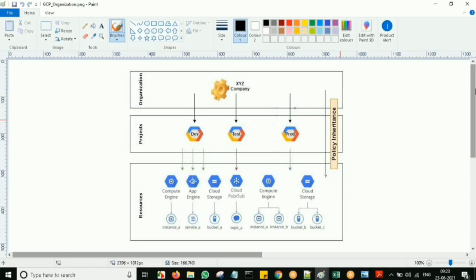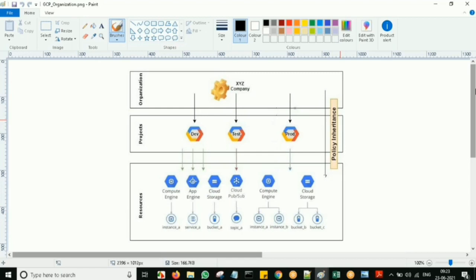Very good. So, the general architecture of an organization. Actually, under the organization you can directly create the projects also. Under the project only you can keep the resource. This is the main hierarchy: organization, projects, resources. Organization is nothing but officially registering your company with an official domain. Under that we can have multiple projects, and only in an individual project can you have the resources.